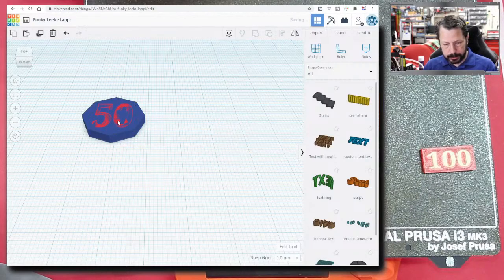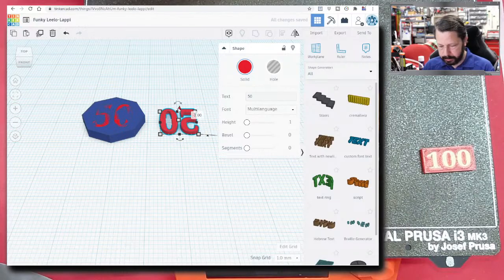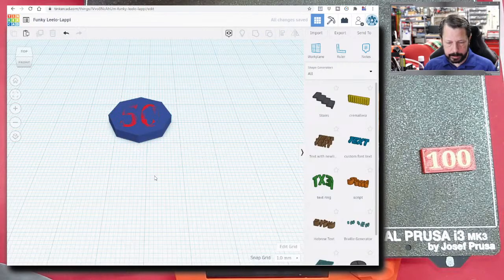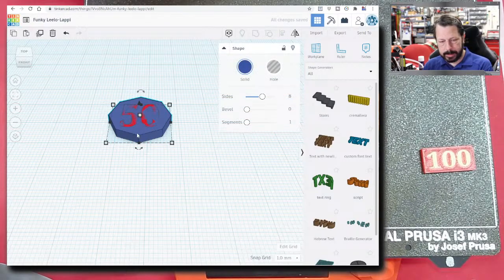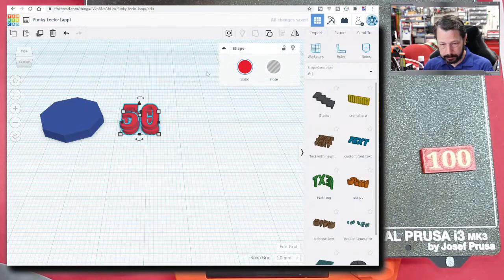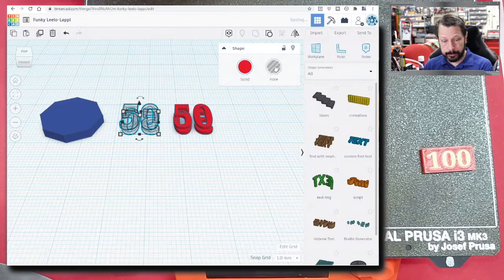Let's copy that. So Control D to duplicate it and then flip it over so that it can be on the bottom side also. It doesn't matter, but that's what I want. Put it on the deal and let's align all of these. Okay, now let's move this guy out of the way. Select these two and group them. Copy them. Control D is duplicate. You could do Control C, Control V, but Control D is duplicate, because we need one of these to be set up as a whole to cut away from the part that we're going to embed the actual one in. So now we'll align these sets